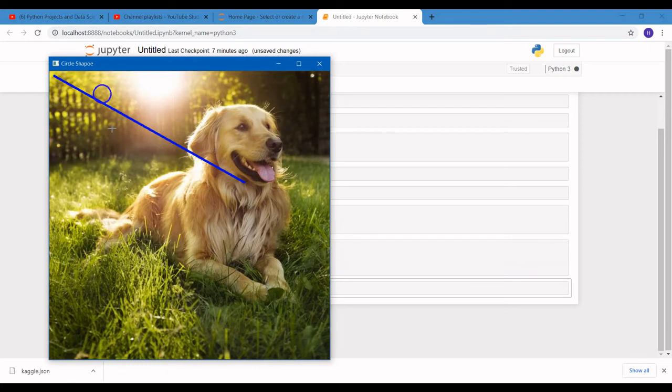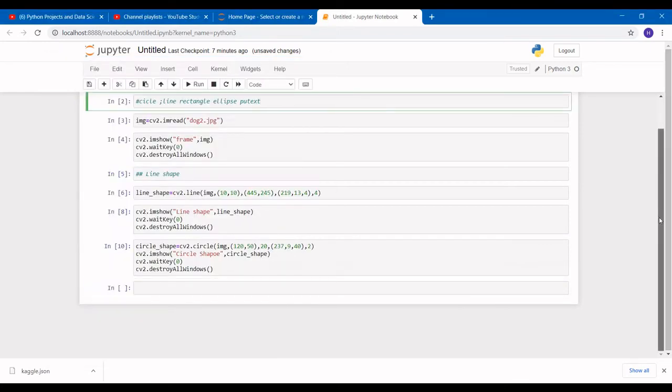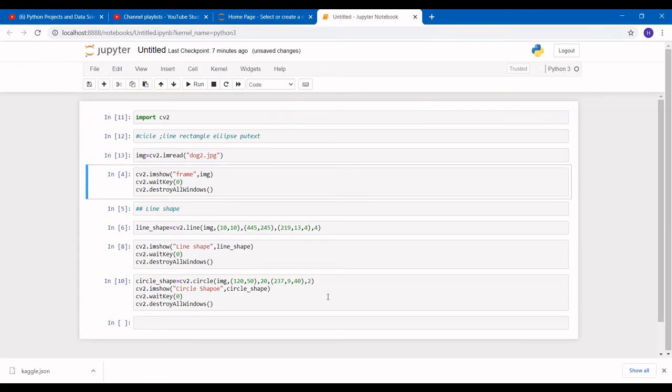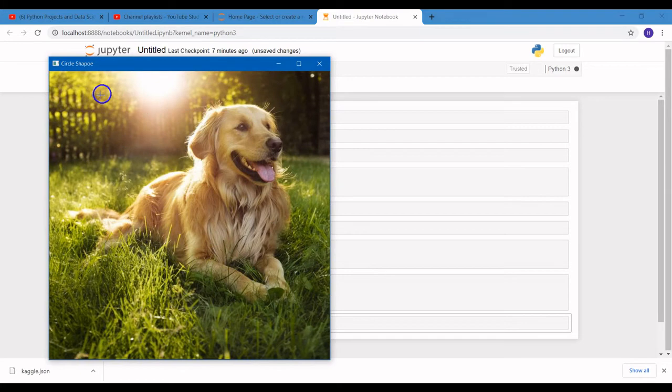And as you can see, now we have to just pass it over here. Now we can use it. Now see our line is gone because we overwrite the command.